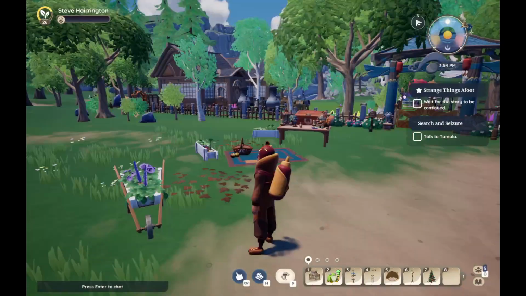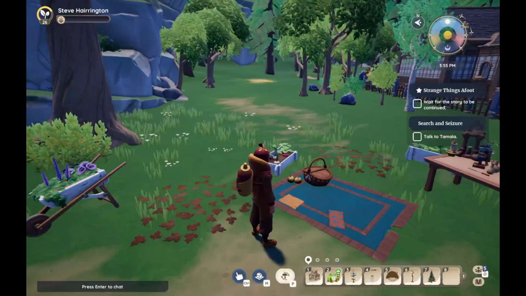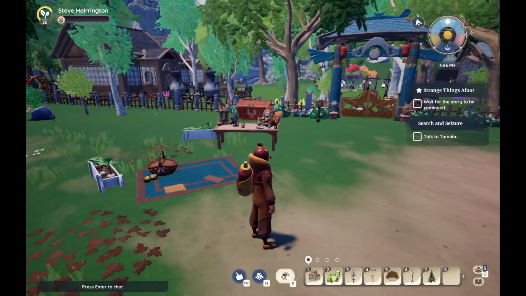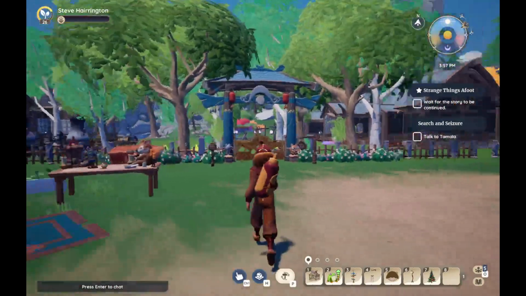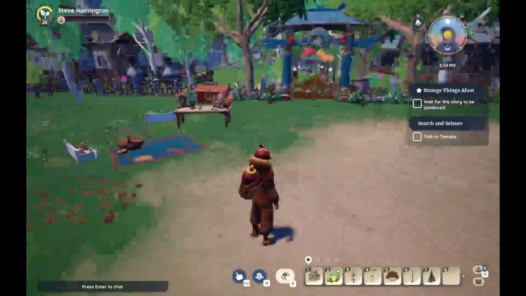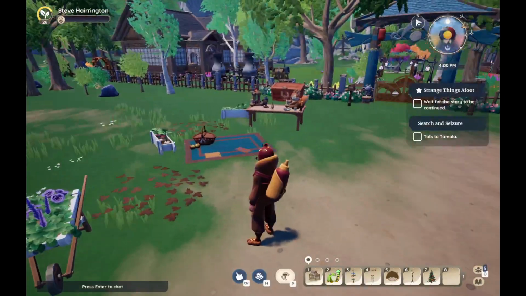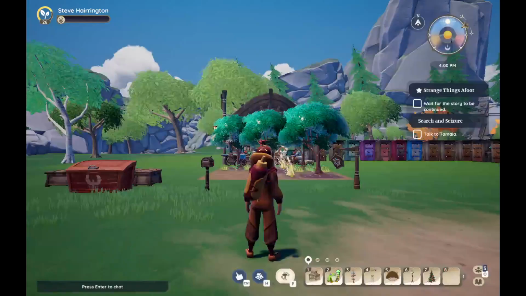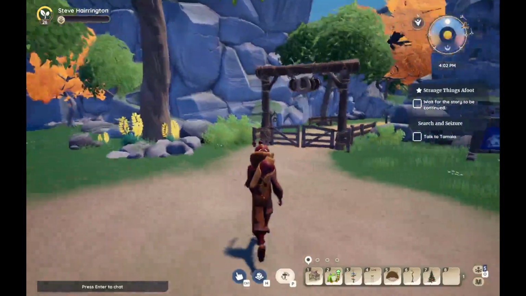You can only have one overflow on your plot at a time. So whatever your last saved plot is, let's say I switch to this plot and I leave my plot and I come back, it'll always show up on this plot only. If I were to switch to my garden plot, and I'll actually show you this now, if I leave,